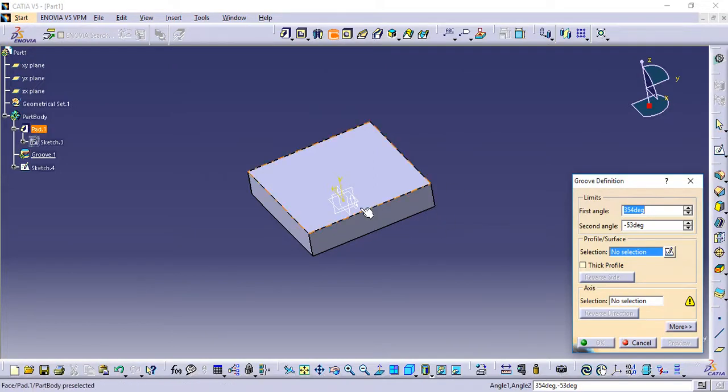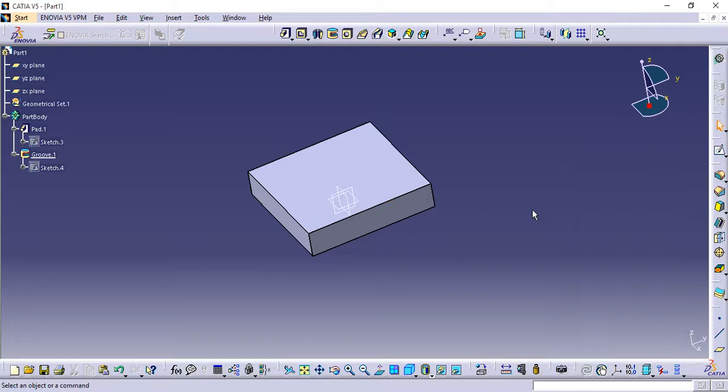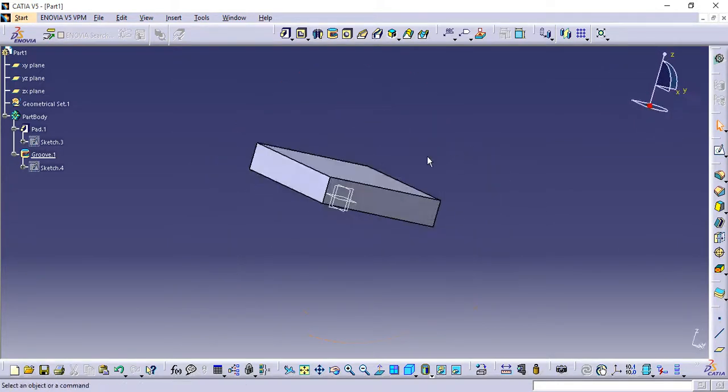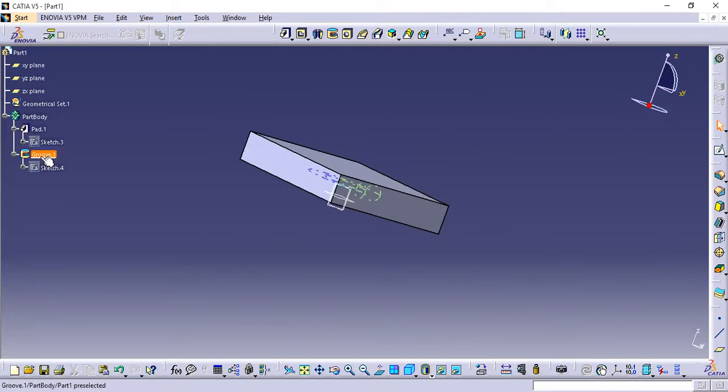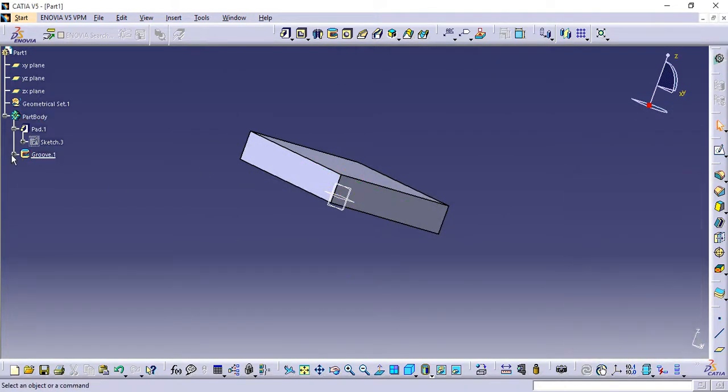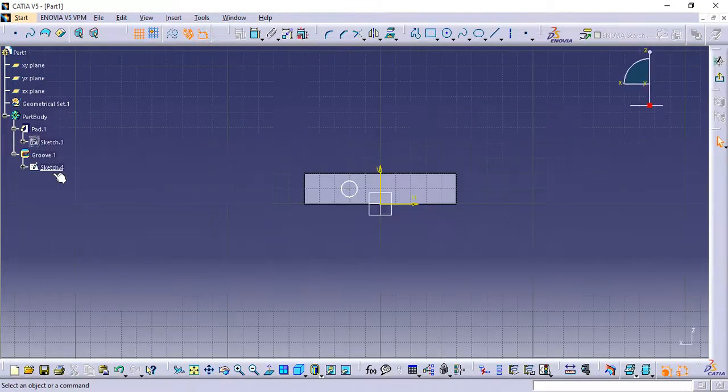Now select this profile, and select the axis. I'm selecting this axis and say preview, say OK. Now see what happened, bottom side. What I'll do, I will simply increase its dimension so it is visible to you.